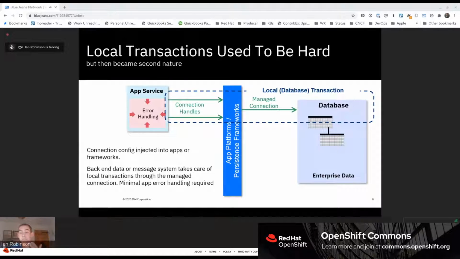Online shopping applications, electronic business. The beginning of the digital transformation journey suddenly gave us huge opportunities to make that back-end data available in many, many more scenarios than it had ever been before.